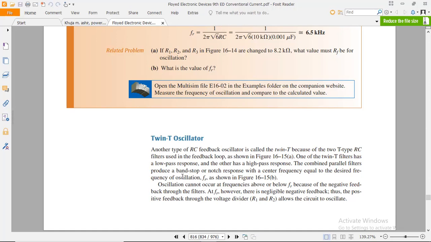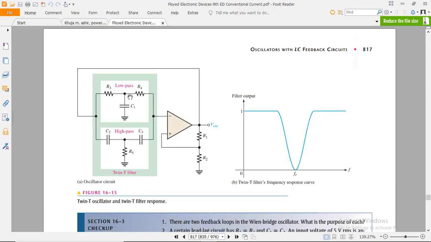To stop a particular band of frequency, we use a band stop filter, and if we want to stop and block a particular content of frequency, we need a notch filter. So this is the main twin-T type of filter, in which it plays a low pass filter in this configuration, and as well it plays a high pass filter in this configuration. That's the reason it's called a twin-T filter, because a low pass filter and a high pass filter are available in this configuration, that is called the oscillatory circuit of the twin-T oscillator.